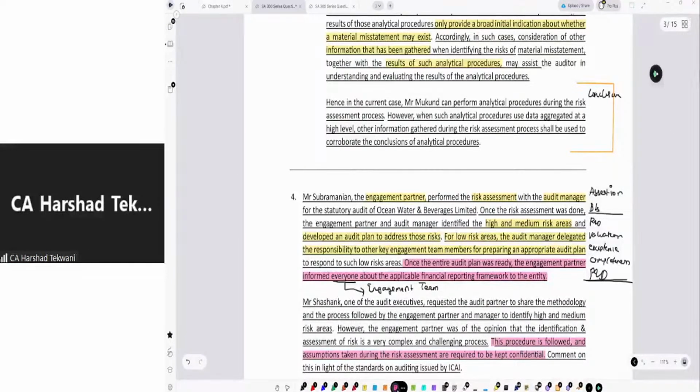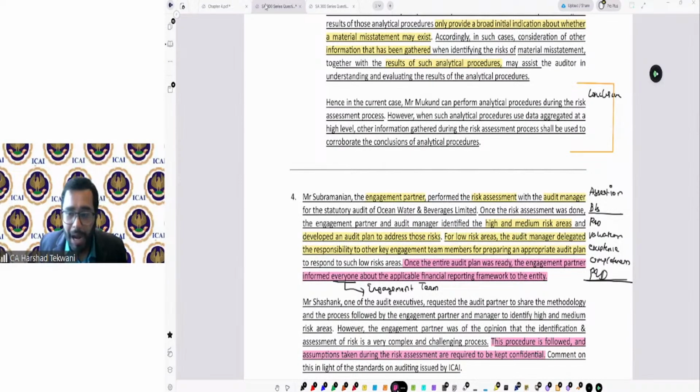What else? What issue do you think it's here? Okay, I'll tell you. When the procedures are followed, they are required to document the procedure, the risk assessment procedure, the assumptions taken, and everything. Now, if I say I'll not share that procedure with the team member, then how are the team members going to come to know about the high risk areas and why they are high risk? Let's say, for example, tomorrow, whatever assumptions or whatever process is followed, if I will not